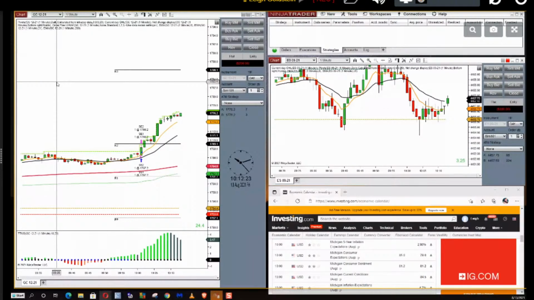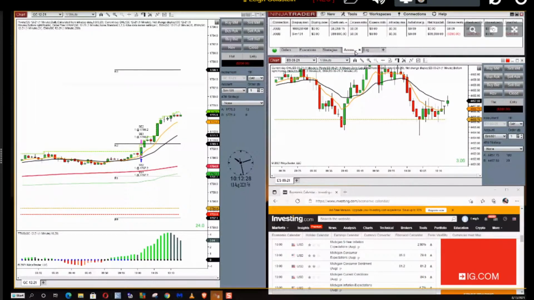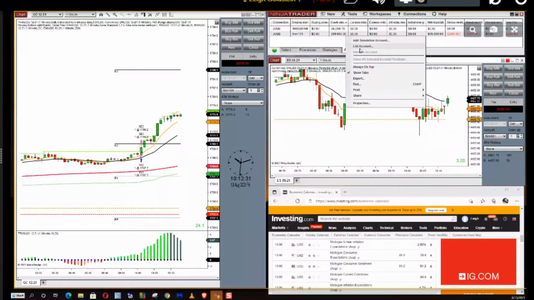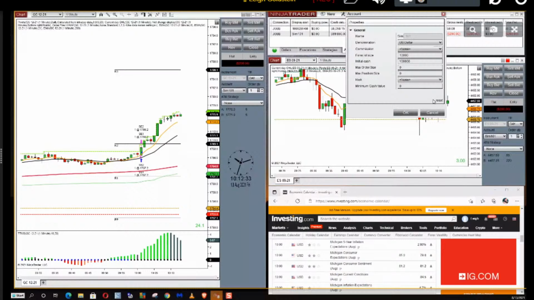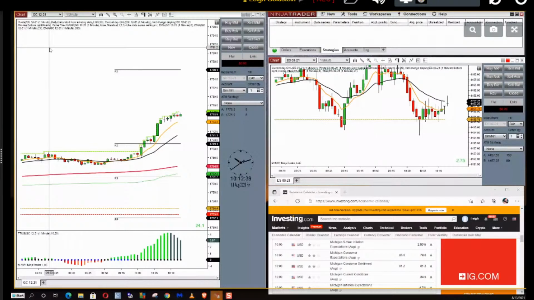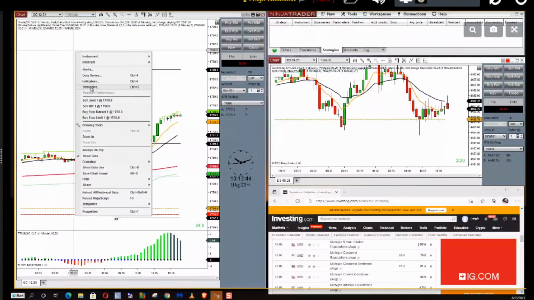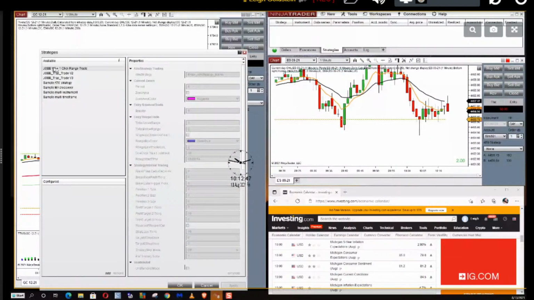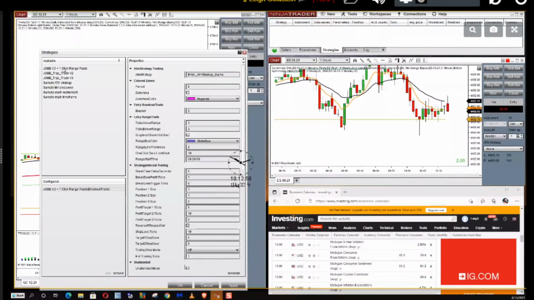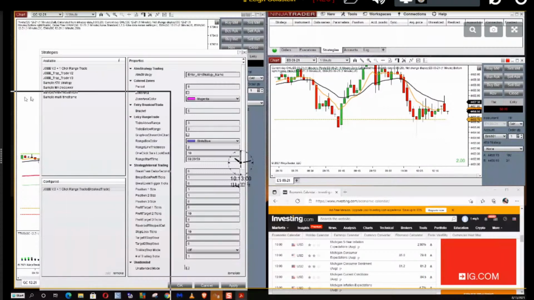So all you do is right-click the chart. First, I'm going to start and just reset my SIM account, so it's set to 0. In order to use the strategy, right-click the chart, click on Strategies, very simple. Click on JOBB version 9, and then let's say we're setting it up for University of Michigan. You want to have a DMM, a daily market report, to use as your guide to set up a trade.